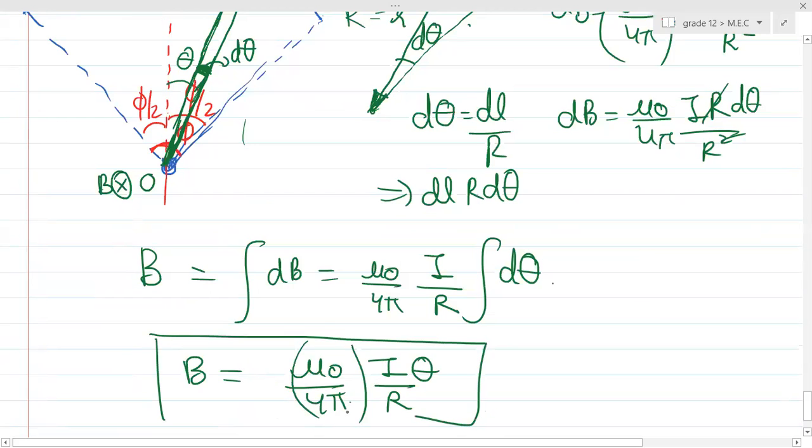Because the total angle was how much? Guys, do you remember the total? The limits will be from plus pi by 2 to minus pi by 2, right? So ultimately,